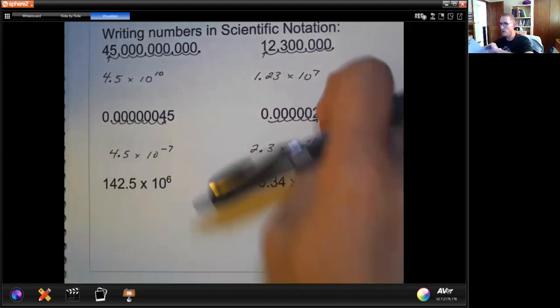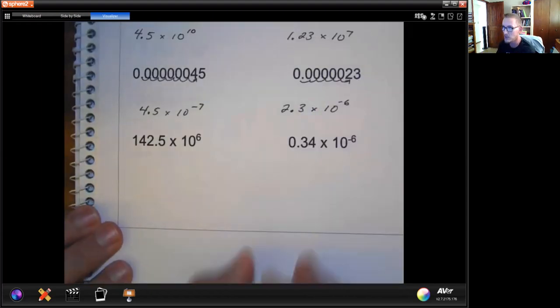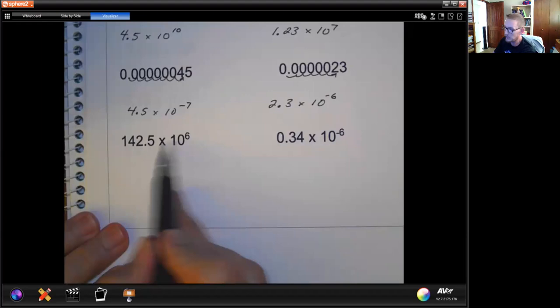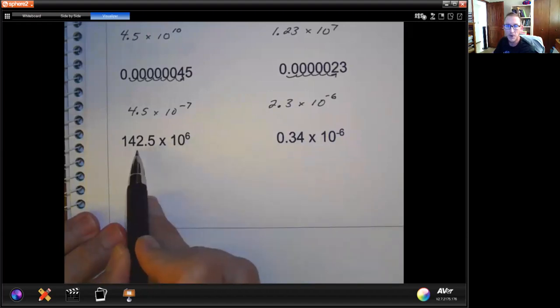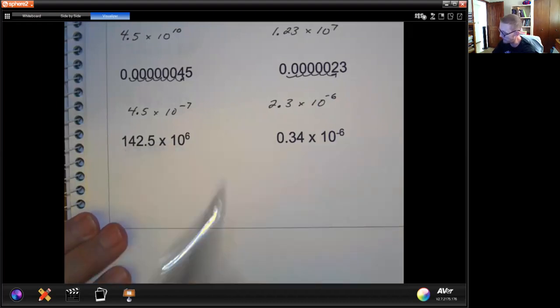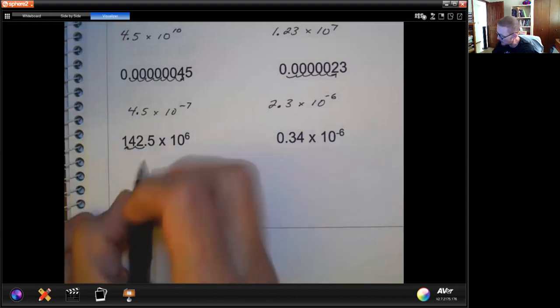Now let's take a look at what happens with numbers that are almost in scientific notation. These both look like they're almost in scientific notation, but they're not quite. Yes, I have times 10 to the 6th power, but 142.5 is bigger than 10, so it's not in scientific notation. This decimal is in the wrong place. It needs to be between the 1 and the 4. So I have to move it 1, 2 more times. So this becomes